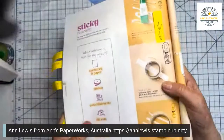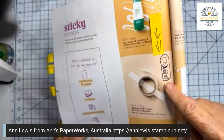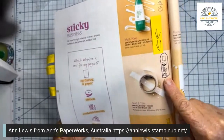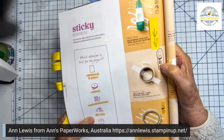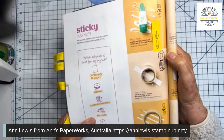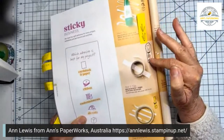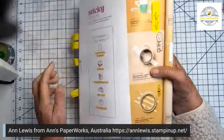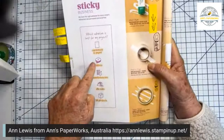Our adhesive sheet has some symbols, I'm hoping you will see. So for mini glue dots, you would use them with small dies, with ribbons, with twine, with ribbon, and also with cardstock and paper. Right through the catalogue, you will see some little symbols that give you some guides. You can see on this page that you can use mini glue dots with ribbon,